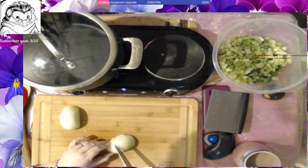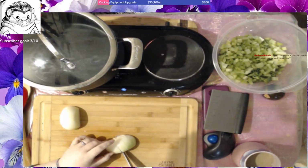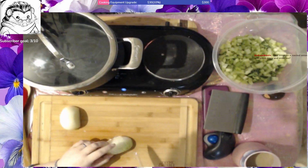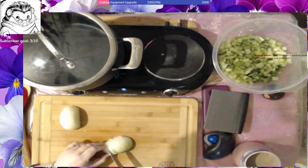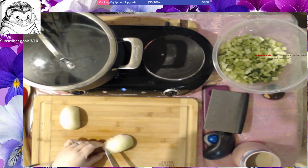Something like that, yeah. Fried onion on a roasted onion with onion gravy and onion tea, yeah. Well, I might make a vegetarian dish that does use onion gravy. That would be roasted spaghetti squash with fried tofu, and